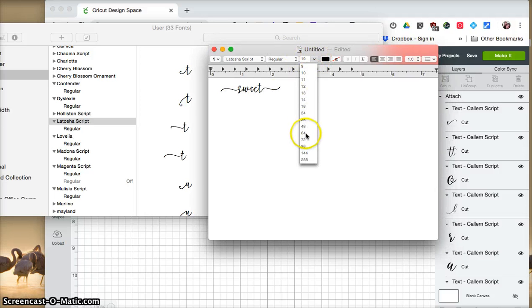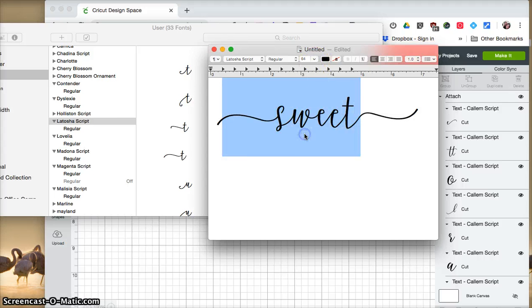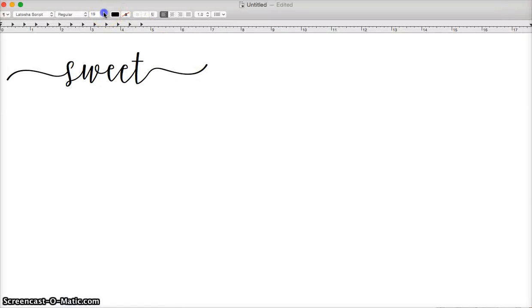I'm going to up the size for myself. Move my cursor out of the way, and then the way I found worked best was once I made it a nice size,